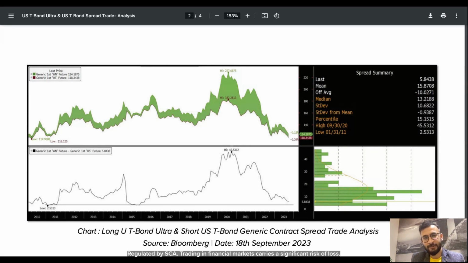So again, as I said, there are a lot of strategies which you can use during market volatility. Pair trading is something where you should definitely talk to your risk experts first before you take any trade, because at the end of the day, it can be very risky. These are not risk free ideas. There is absolutely some amount of risk, but obviously there is a lot of statistics involved. So we always say, understand your risk exposure, understand the invested amount, and only then you should be doing these